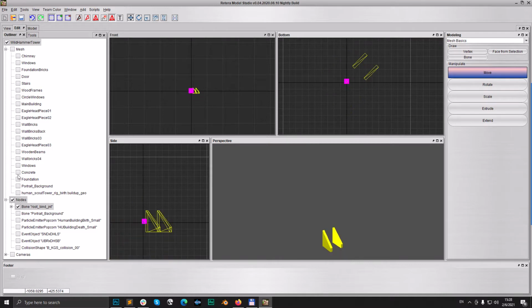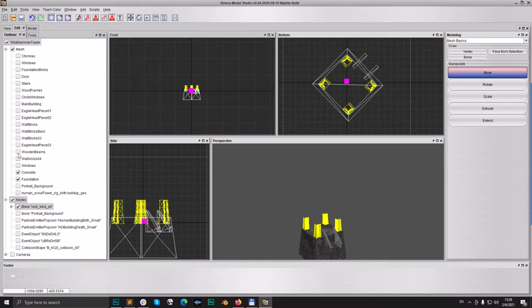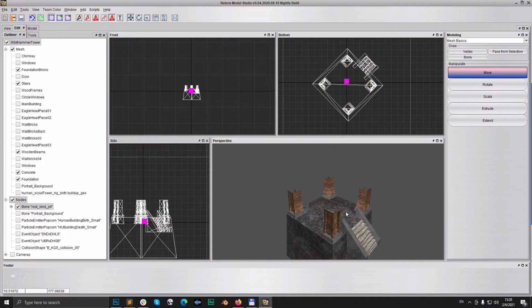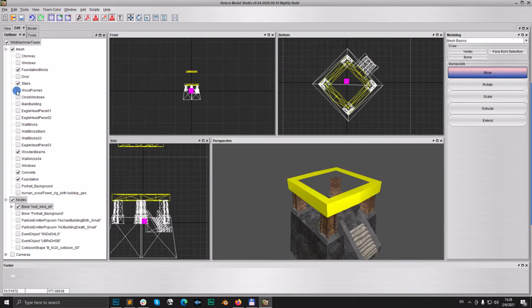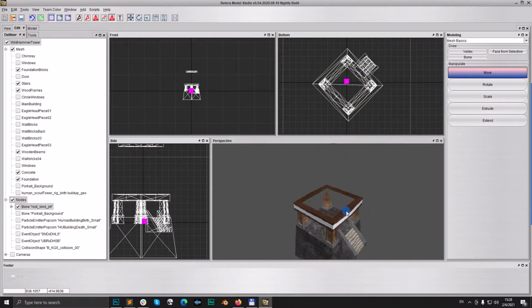So floor 1, we have it. You always need to understand what is where. Yes, so we have the wooden frame, lower wooden frame, it is attached to floor 1,